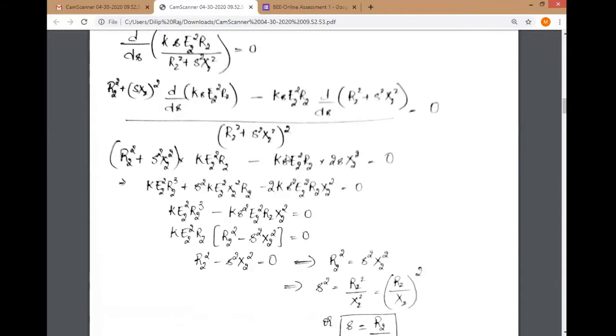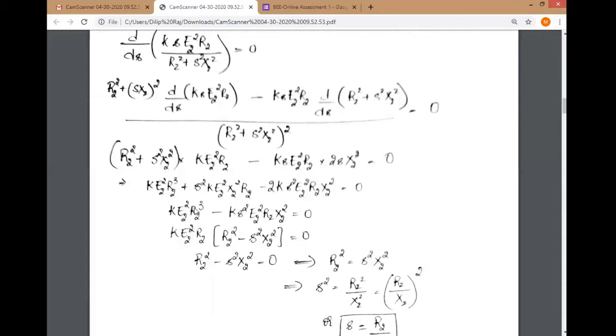So now we get this equation, multiplying the terms and looking for the common terms. Here, grouping the common terms, we get this where we have 2 times K s square E2 square R2 X2 square, whereas on the other side we have only plus 1. So it is minus 2 plus 1, which is minus 1, the entire term. So here again, looking for the common factors, K E2 square R2 is common.